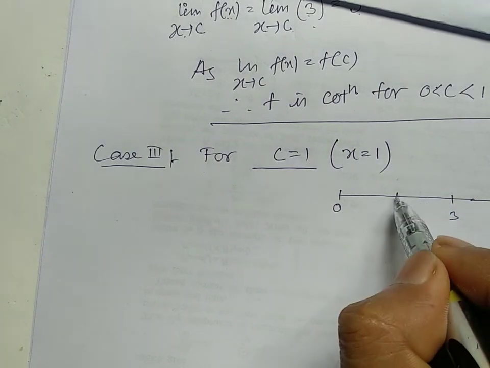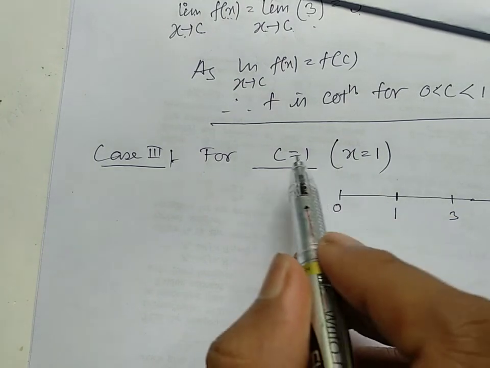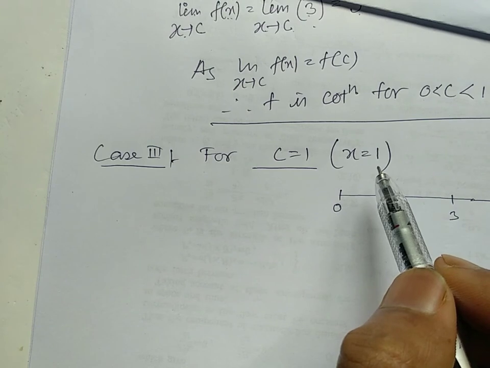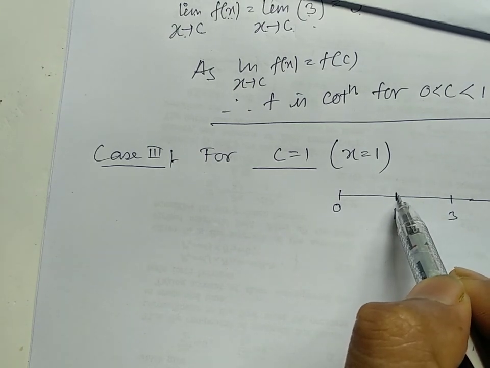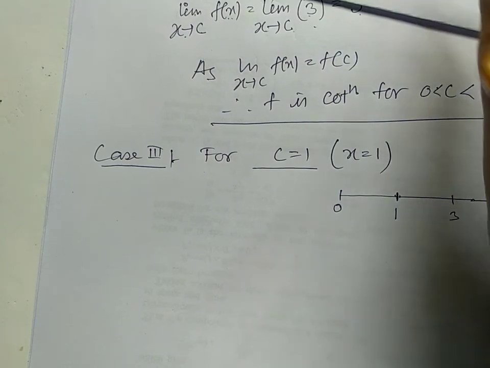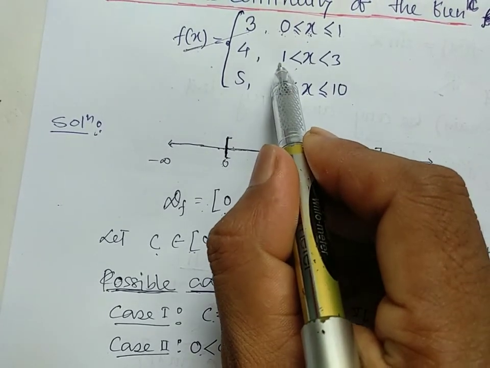At x equal to 1, since it is a specific point of continuity check, we will think about its right hand as well as left hand limit. There is a right hand side point and a left hand side point, and remember from the question you have got that x greater than 1, that means here in